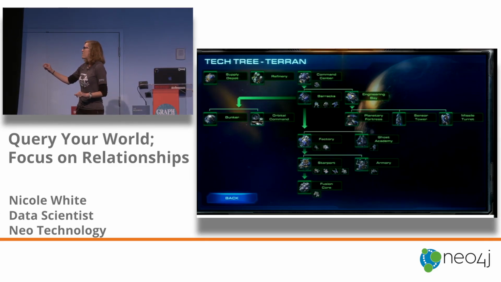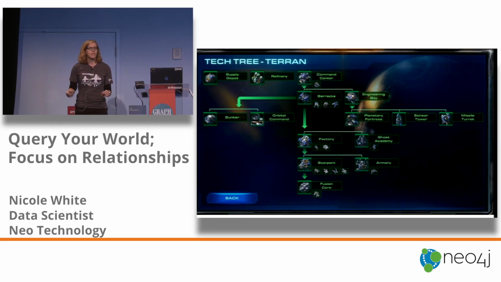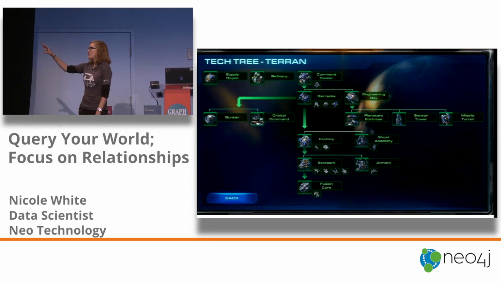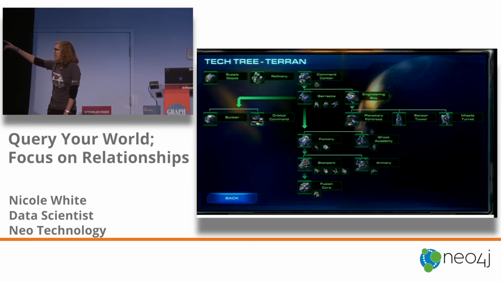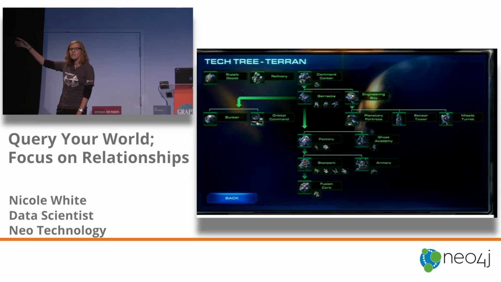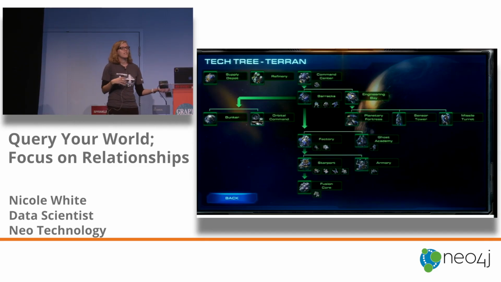Essentially, you have units and buildings, and they have requirements, right? So there's a tech tree. This building requires this building. So you can't build this until this exists. And so there's this big tech tree. So if you wanted to build, for example, a barracks, you have to have a command center. So there's this hierarchical tree of requirements for both units and buildings, right? And